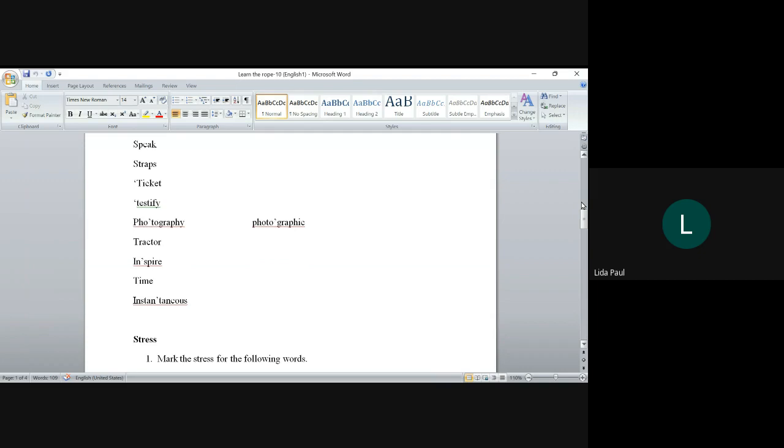Can you try answering this, ticket? You understand how stress is marked? No, we use that apostrophe mark before the first sound in the stress syllable. Okay, all those apostrophe marks that you see are markers of stress. So ticket,